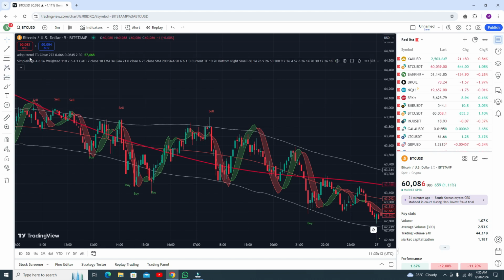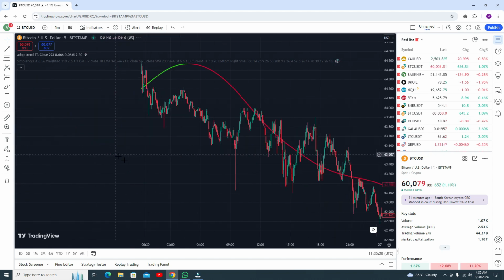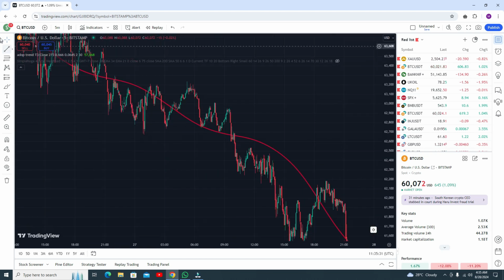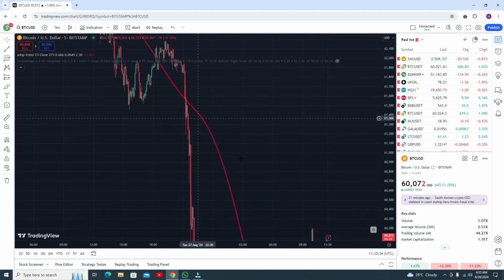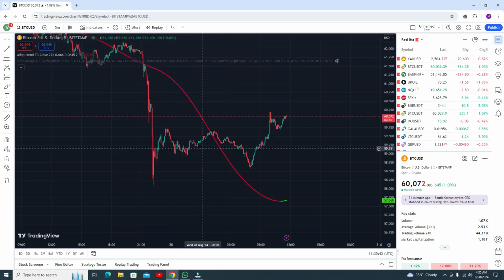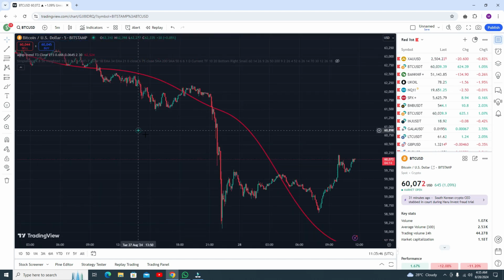Okay, here you can see the first thing I am using here is the top trend. Let me show you. Here you can see this is a trend line, and actually it's a very good indicator. Whenever the candle comes inside, you can see the market going upside. Whenever the candle comes downside from the trend line, you can see the market is going downside. Okay, and you can see it's an amazing one. And now, when the candle comes inside the trend line, you can see the market is going upside. But I need to show you something very interesting.